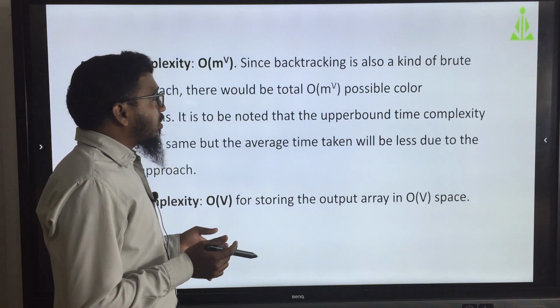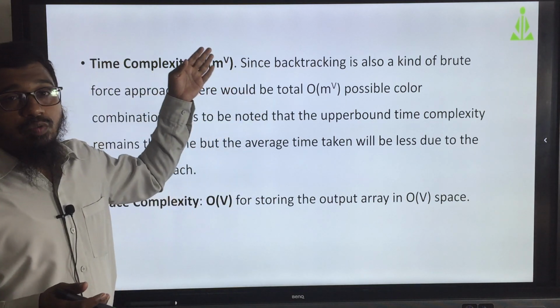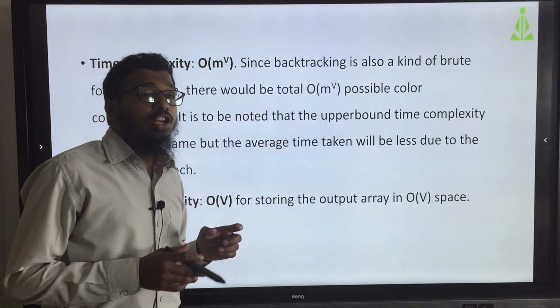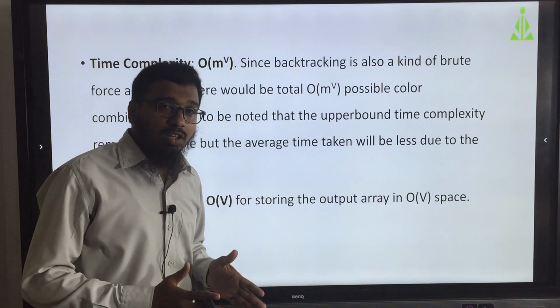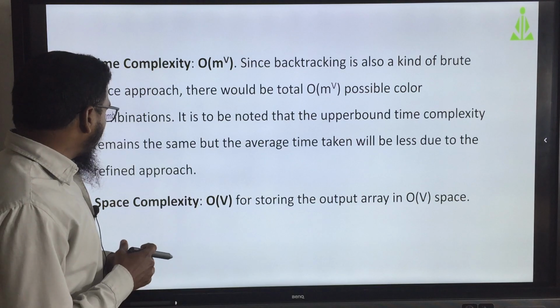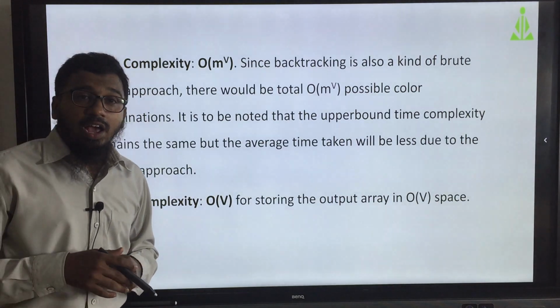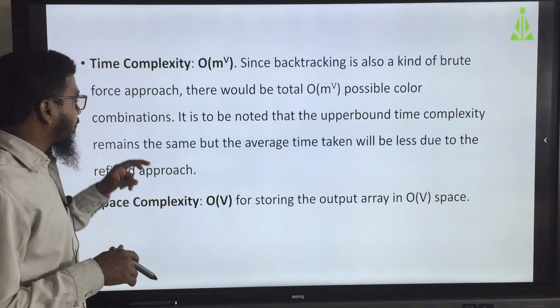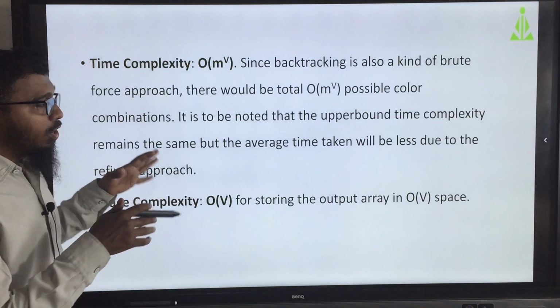And when we come to the time complexity, we need to check the colors as well as the vertices. So, this is about time complexity and space complexity. I hope you understand this.